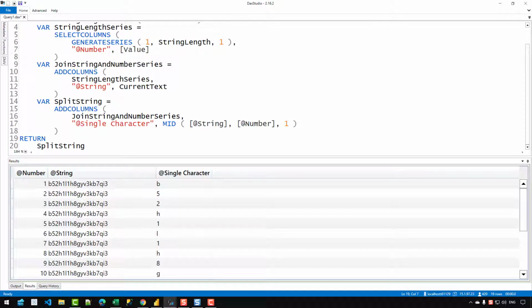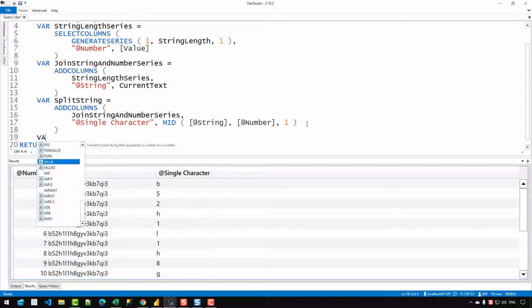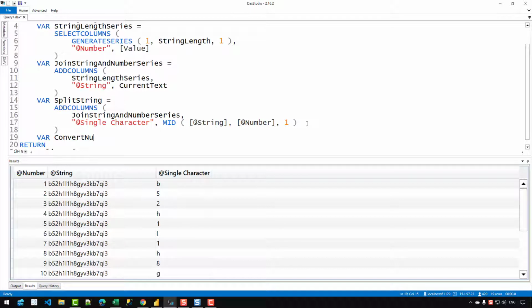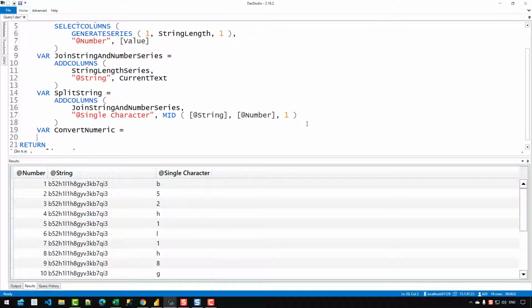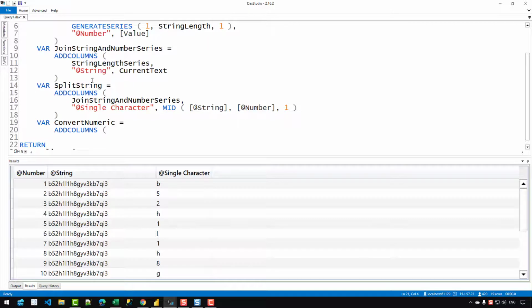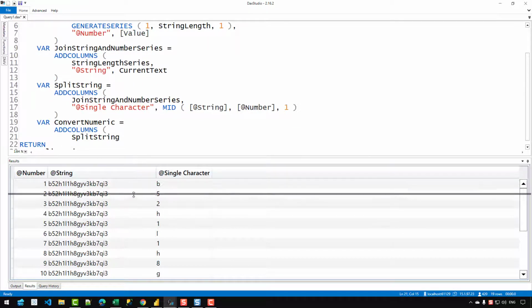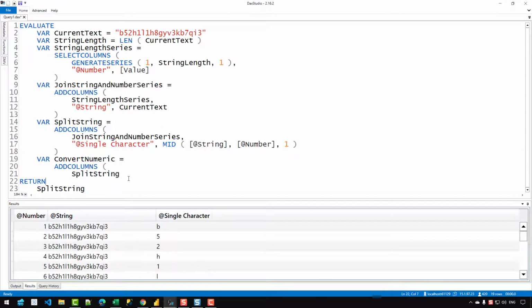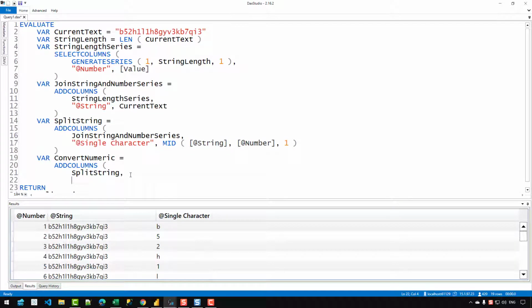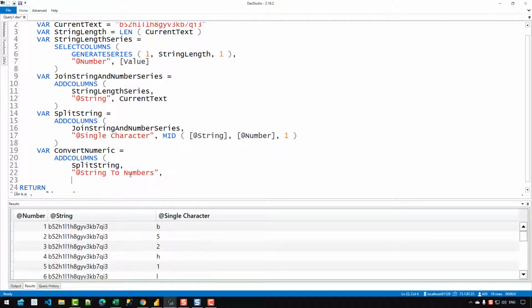So let's create another variable. I'm going to name it var convert numeric, and that will be add columns over the split string variable. Let me just give some more space. So I'm going to create a new column which will be string to numbers, or maybe numeric if you want.